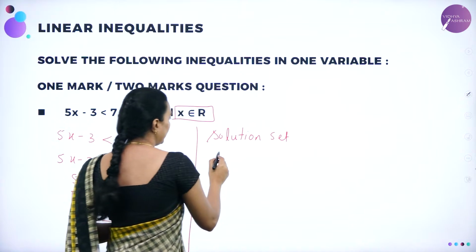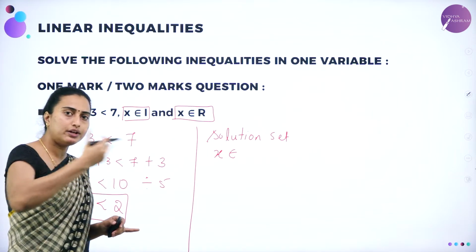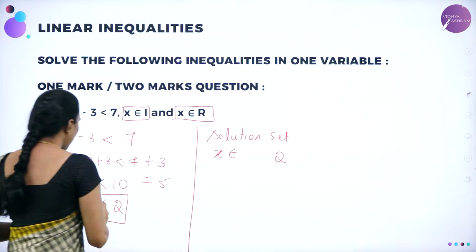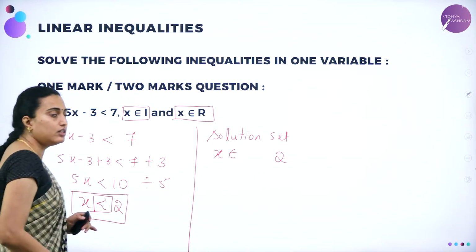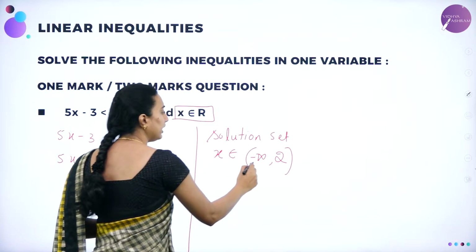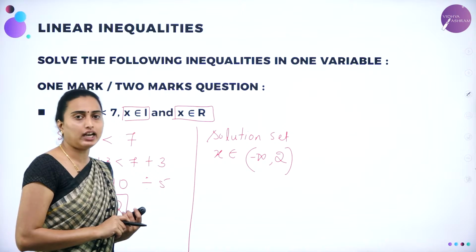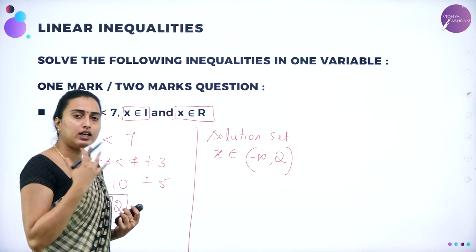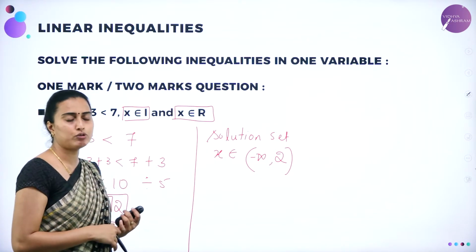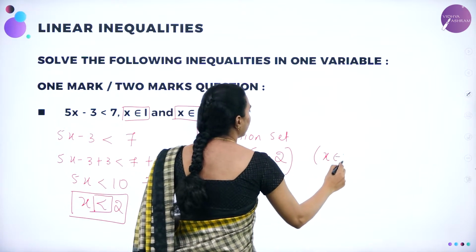So that is given by x belongs to, x lesser than 2 means where will it go? Lesser than 2 is the left hand side, so left hand side up to minus infinity. Since it is a strict inequality, lesser than, 2 is excluded. Lesser than 2 means up to infinity it will come, which is minus infinity. Even though it is included, we are going to write it with an open bracket because we do not know the exact value of infinity. So dear students, when it comes to minus infinity or plus infinity, even though you have the included point, you need to write it with the excluded bracket because we don't know the infinite value. I hope you got how to write this. This is the solution set when x belongs to R.